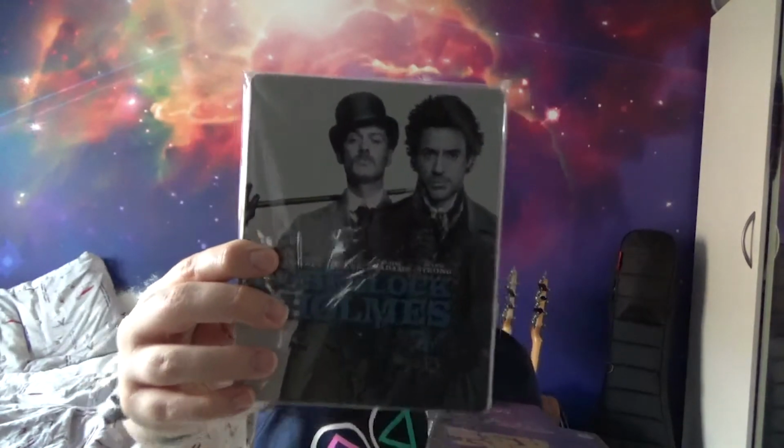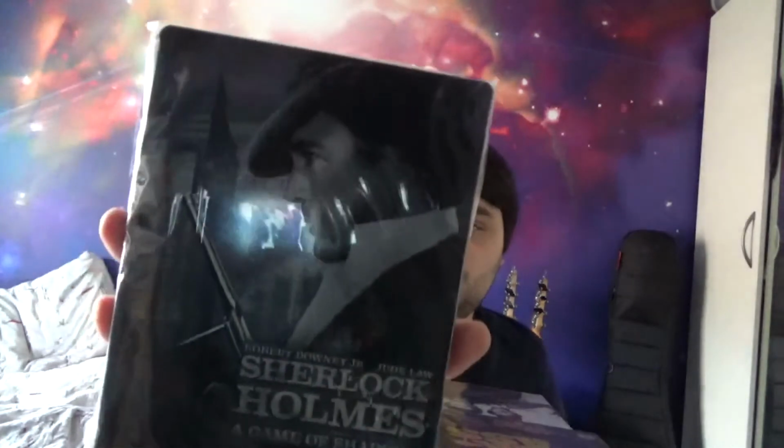Sherlock Holmes, the Guy Ritchie one, and the sequel to Sherlock Holmes, A Game of Shadows. I love the Guy Ritchie Sherlock Holmes movies. They're a lot of fun, and I can't wait for the third one, although it's not going to be directed by Guy Ritchie. It's going to be directed by...